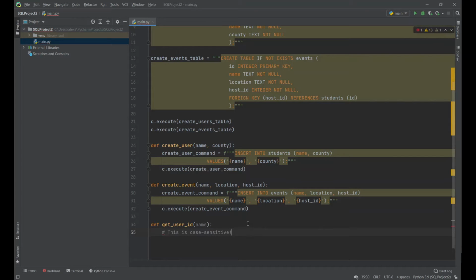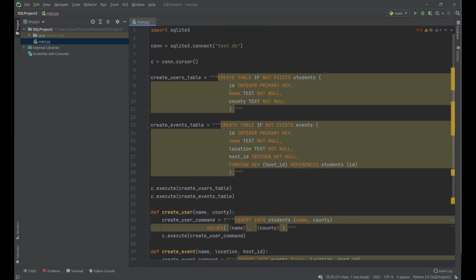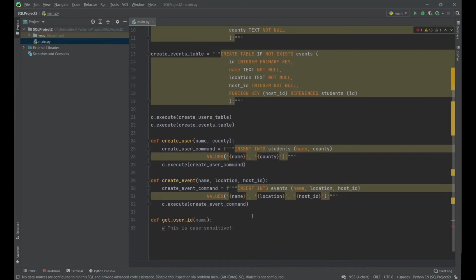The reason we might want this function is because, say when we're creating an event, we want to find the host ID, the ID of the person who's hosting it based on their name. This is just going to be really useful for that, so provided someone's name, which is stored in the table, we want to get back their ID. So what we're going to do is get user ID command